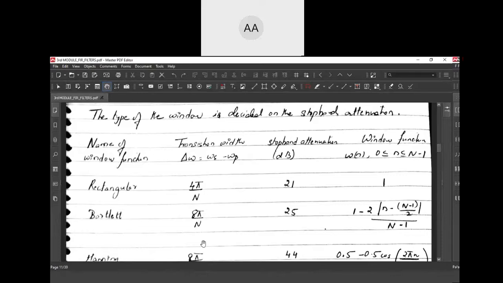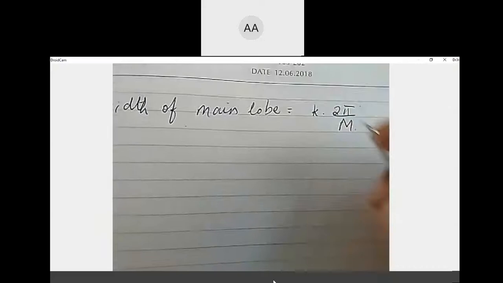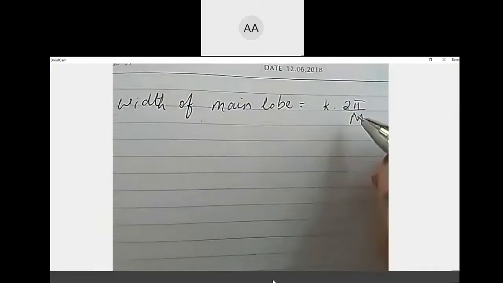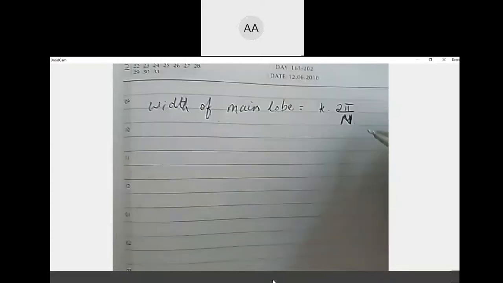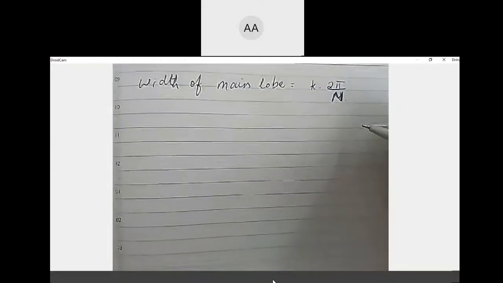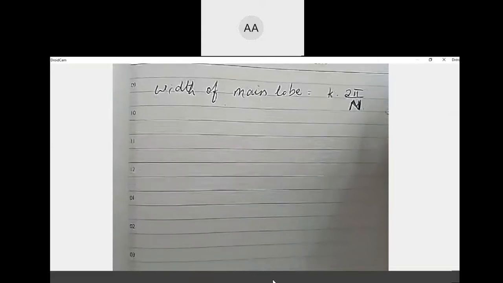I wrote it as m, right? 2 pi by m. You can write it as 2 pi by n. Width of the main lobe, you can write it as k into 2 pi by n. Width of the main lobe is actually the transition width that we are talking about.